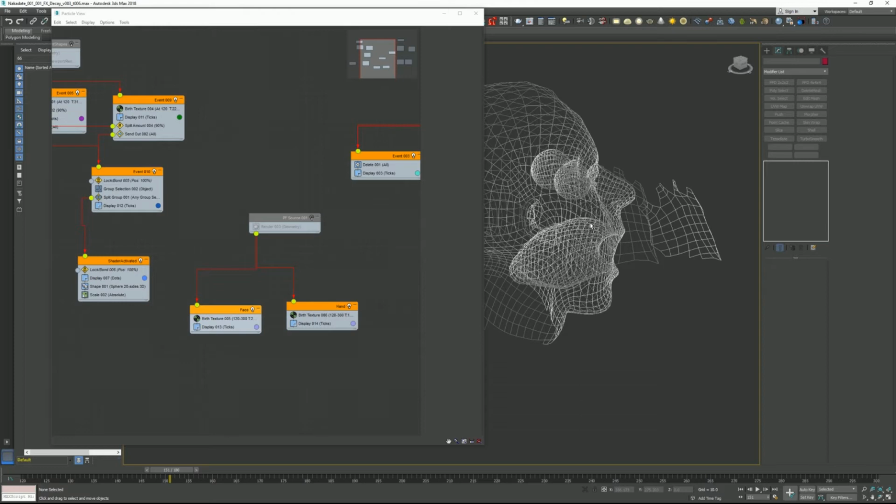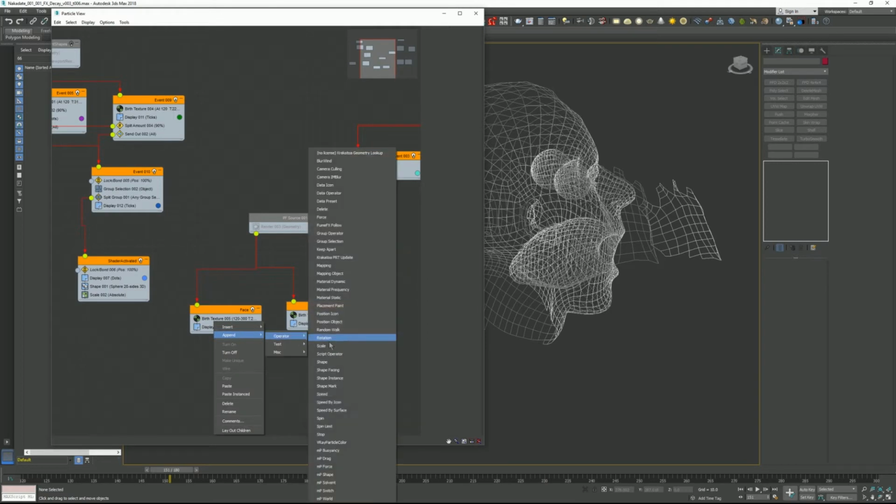Blob mesh is extremely slow. I love Frost from ThinkBox, but it's a commercial plugin. So if you have it, you can use that to generate the mesh, and that way it's doing a level set, so it's one mesh rather than generating lots and lots of volumes. But what we're going to do is create a